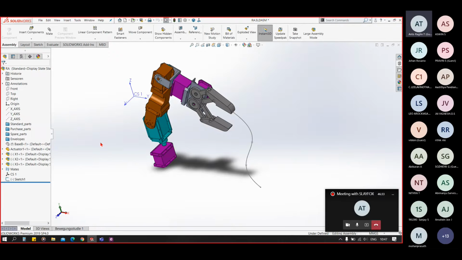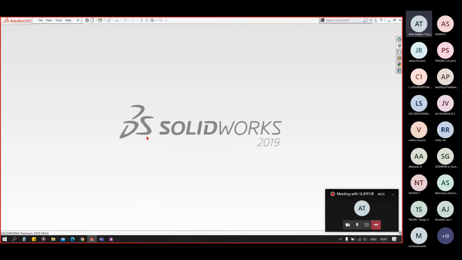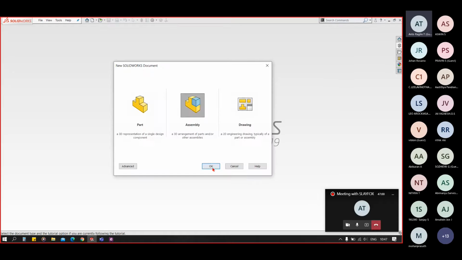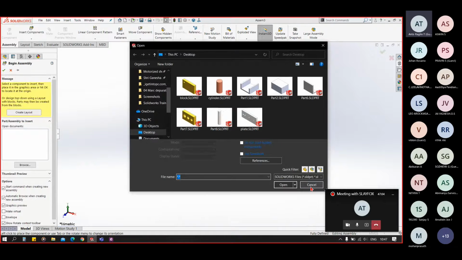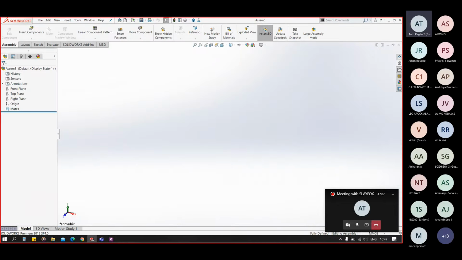Now we will see some mechanical mates. Okay. So before going to mechanical mates, tell me first, do you have any problems in the path mate, in the symmetry, in the width mate or any earlier mate, so that we can solve it now, and after that we'll go to mechanical mates. You can tell me anytime if you have any doubt. Now we will be continuing to our mechanical mates.